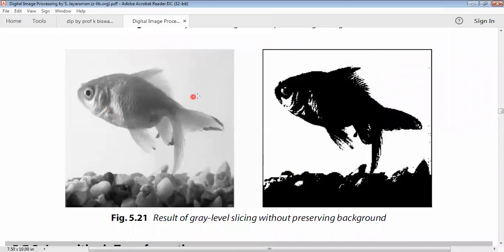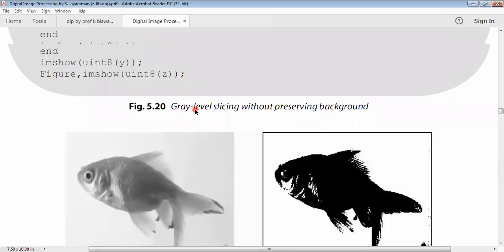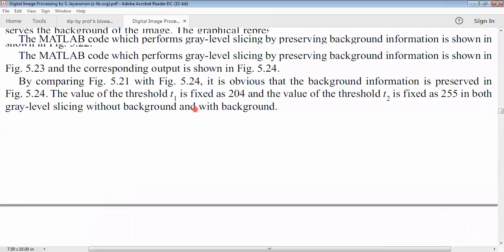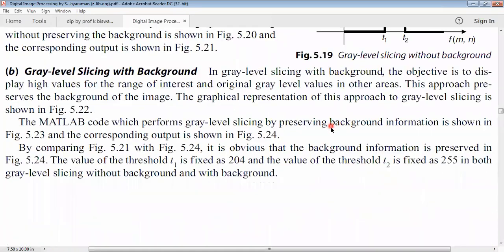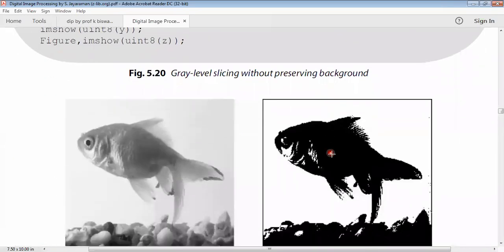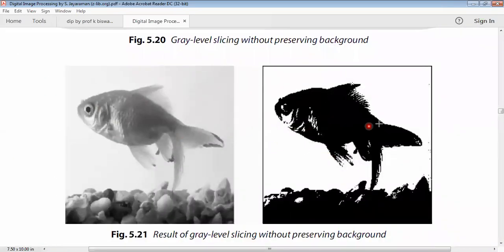Okay. Now you see this remaining region. Whatever the fish pixel values are greater than T2, whenever the pixel values of the fish are greater than T2, the output is going to be converted to black. So you see this entire region is converted into